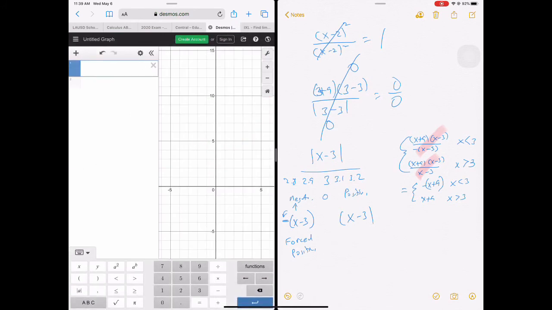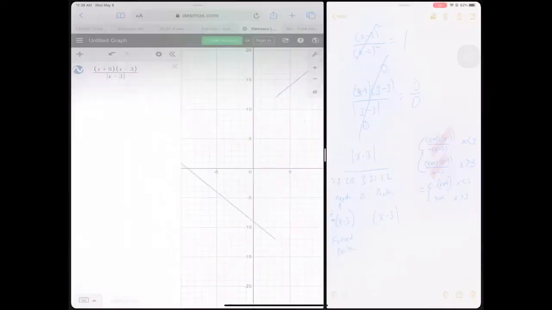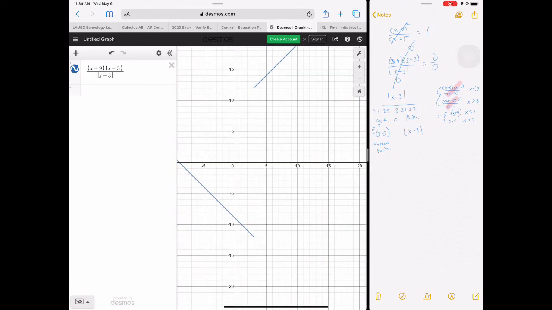So I'm going to go ahead and graph this for you guys to prove our point. We're going to write the x plus 9 and then x minus 3 on top, divided by the absolute value of x minus 3. You'll see that the graph is totally split. The left side, as we approach it, let me zoom out, looks like negative 12. It's undefined at negative 3, positive 3, but as we get closer, negative 11.9,